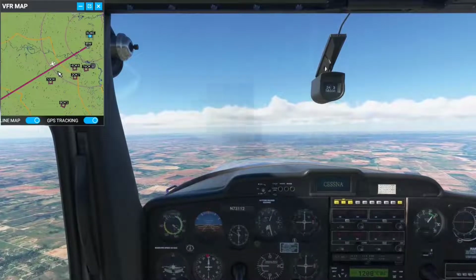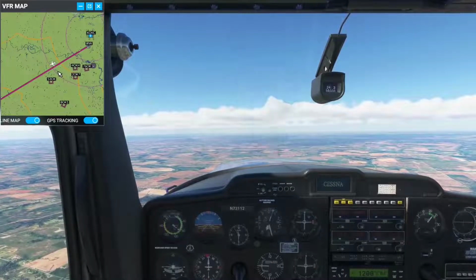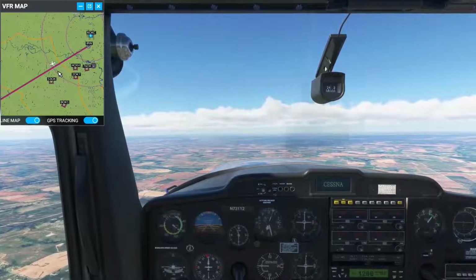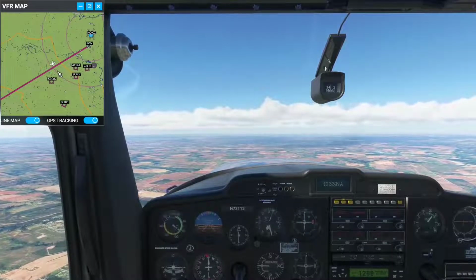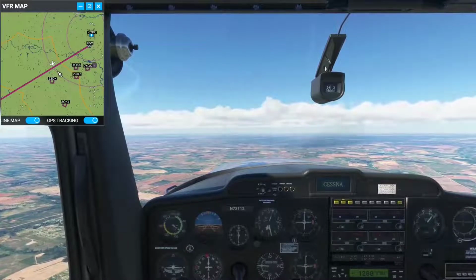Might need to change my... Yeah, the heading indicator looks accurate. I might need to change my course a little bit. But we're flying basically heading 240, so...